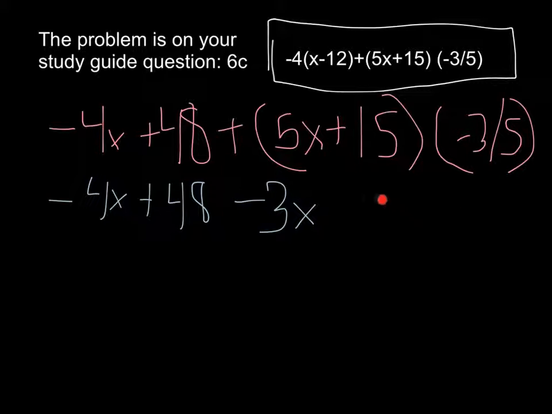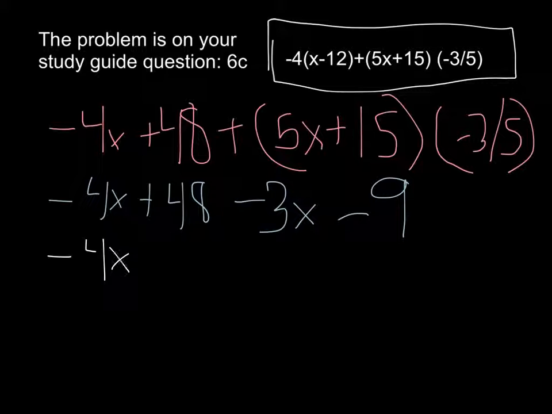-3/5 times 15 would be, since a negative times a positive is a negative, -9. And then a positive would be with this. So from here, in this equation, we found out that this times this is -9. So we would substitute these values, and let me use white here. We'd substitute these values and get